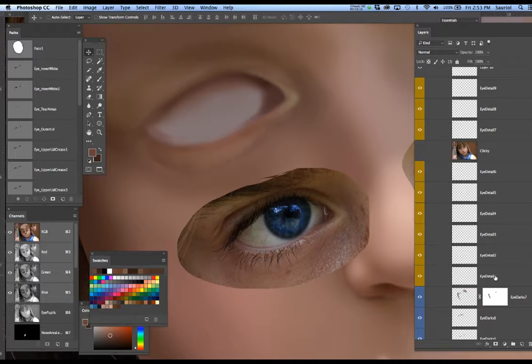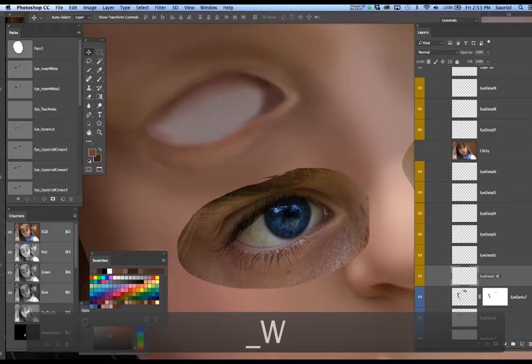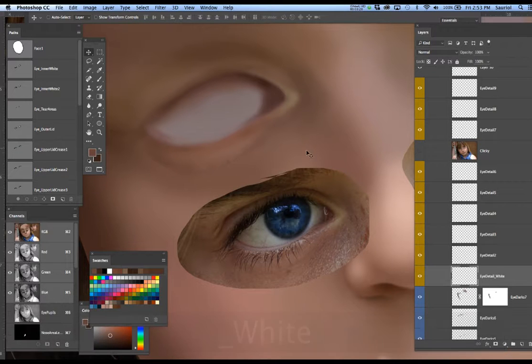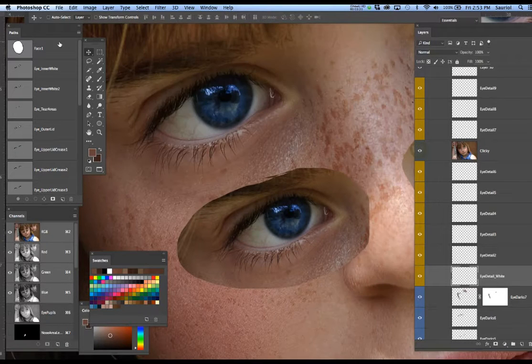So let me go back down to the eye detail number 1 layer, and let's call this, I'm going to double click it, and I'm going to call this the eye white underscore white. So let's now find where that is. So I turn on the clicky copy, I look in here, and I see that that is the inner white. So I'm actually going to go to the